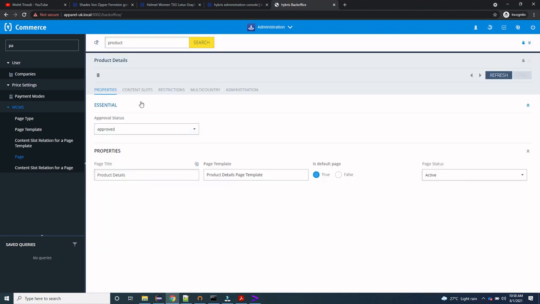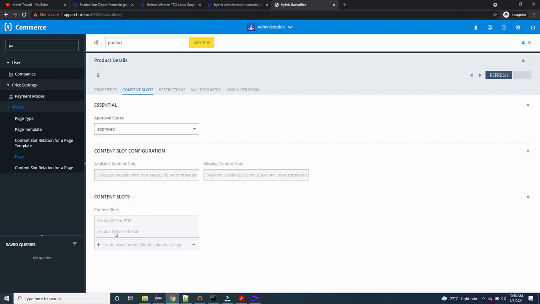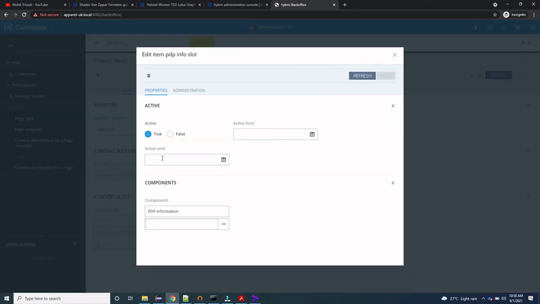And then we will go to the content slots, and then we will select this content slot, product details info slot. This is the slot which we have created in the last video. In that, we will go to this content slot, PDP info slot, and after that, we will select this component, PDP information.